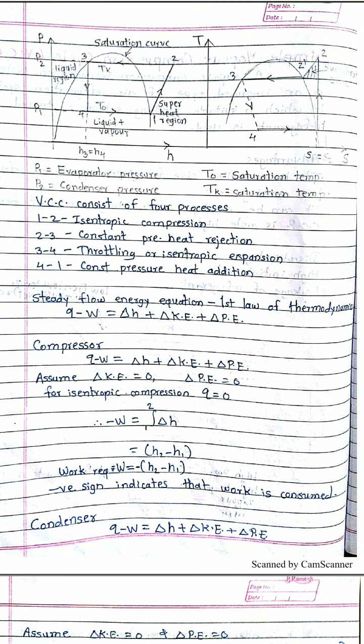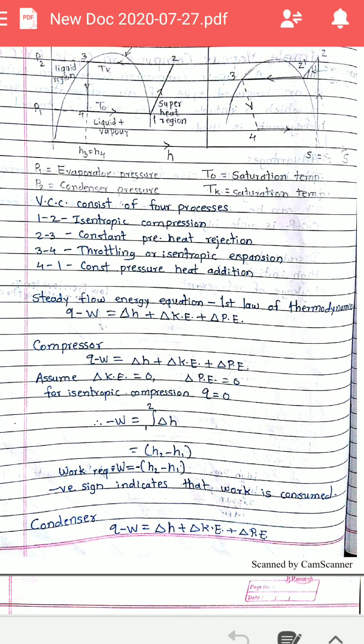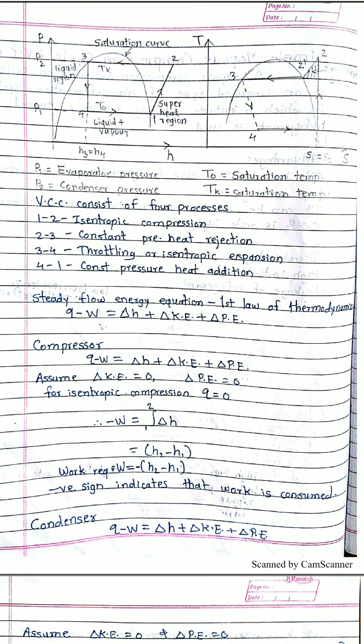So this is the formula to calculate the work done by the compressor during the isentropic compression process: enthalpy at point number 2 minus enthalpy at point number 1. And always remember that this value is negative, so that's why it indicates that the work is consumed by the compressor. Now this is the first case for the compressor, where the compressor work consumed can be calculated as H2